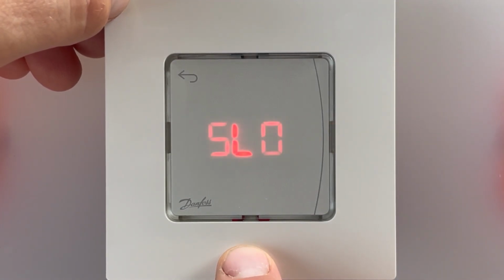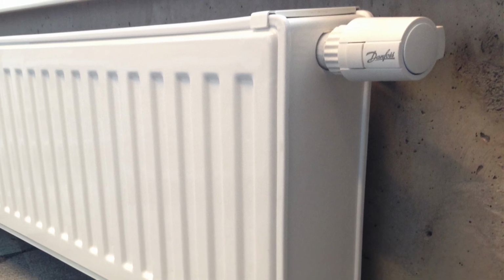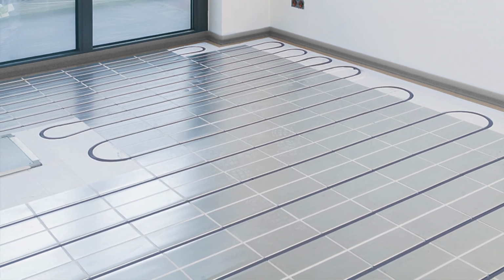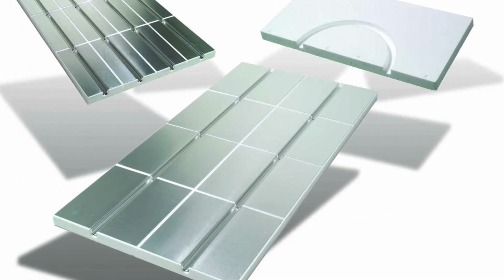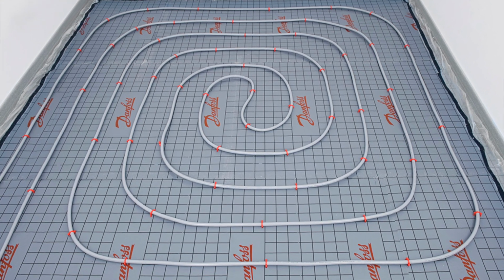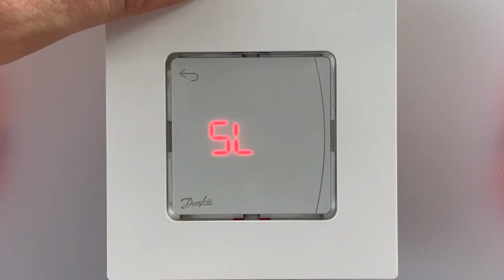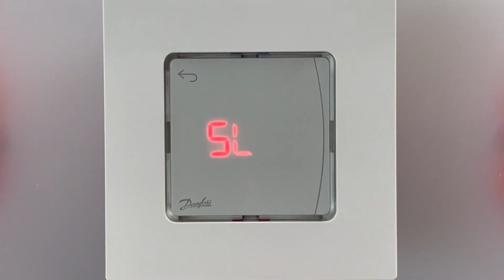On menu 4 we have actuator reaction. It can be slow, medium or fast. So fast is used for radiators, in case we are regulating a radiator. Medium is used for soft underfloor heating, something like a Danfoss speed up system, and slow reaction time is used for regular concrete based or wet underfloor heating system. So the most common is slow reaction for underfloor heating, and pipes are being installed into